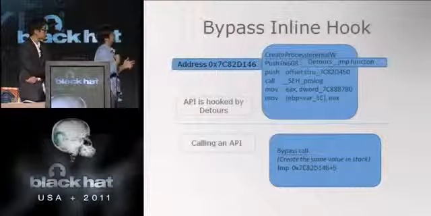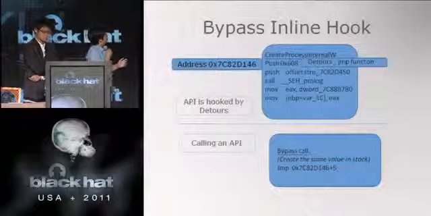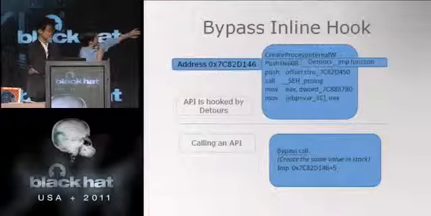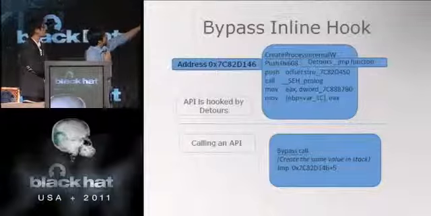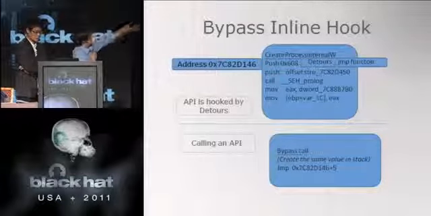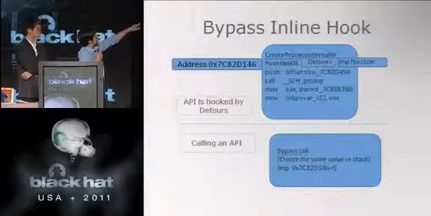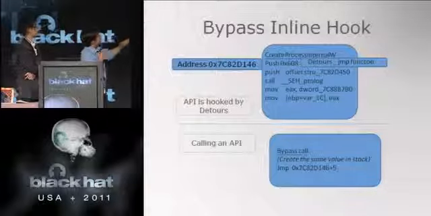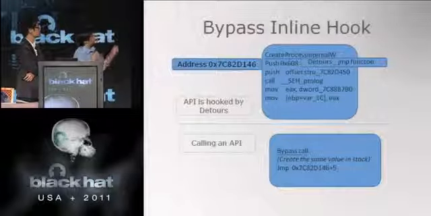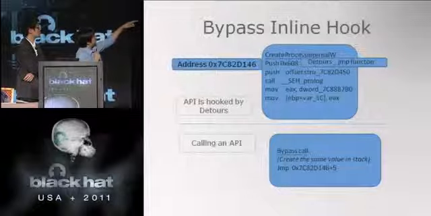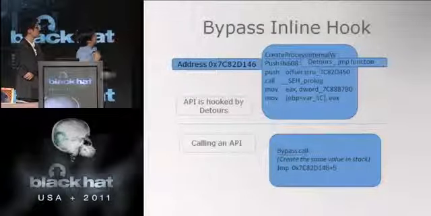Yeah, this picture shows the example. On the above bar, this is the function, which is hooked by Detour library, and Detour will set a jump in the beginning byte of the function.